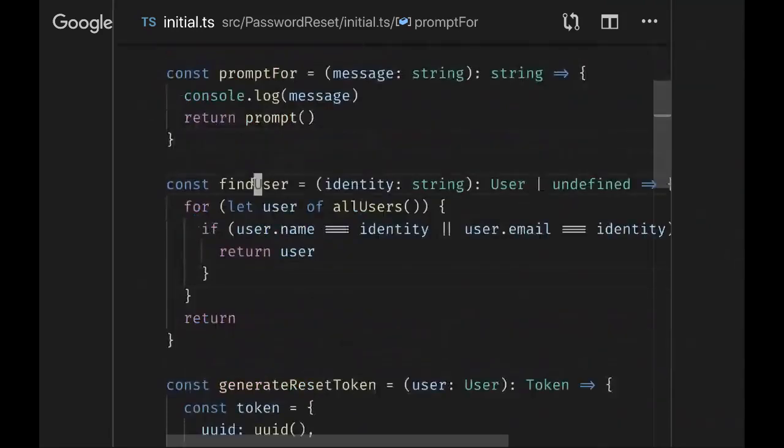Find user is a function that takes that user identity, that string, and looks up the user. There you have to allow the possibility that we don't find a user, so the return type here is user or undefined. The user has an ID and an email. Here's the implementation. It's bad, do not use this. It loops through all of the users in the database and returns the user if one matches. If you get all the way to the end and find no user, it returns undefined.